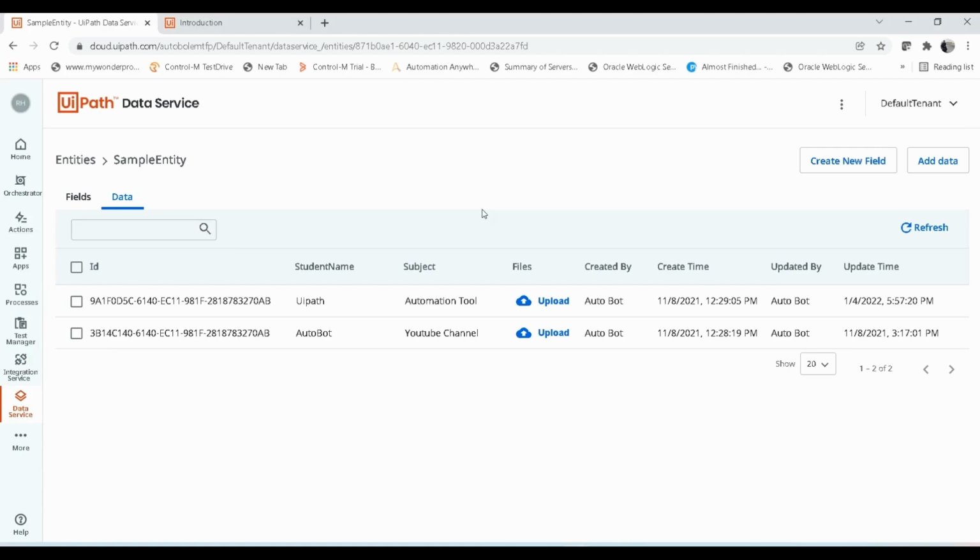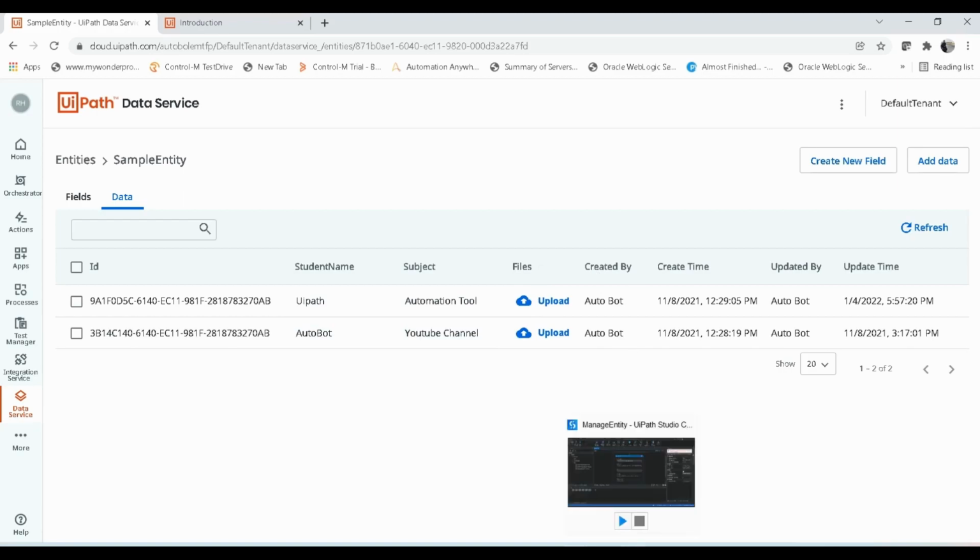Suppose we are working on some incident handling, and an incident comes in, and you want to keep some file as part of that incident. You are downloading some file and you want to keep that file somewhere in the orchestrator, and you want to keep that ID as well. What you can do is add those ID details and add the corresponding file over here, and it will be securely saved in the orchestrator. Using that ID you can retrieve the data, or you can download the file. That is just a sample example I gave.